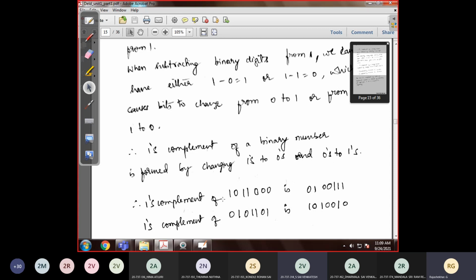As an example, the 1's complement of 1011000: replace 0 with 1 and 1 with 0, and this will be the 1's complement of that. Similarly for this other one, this will be the 1's complement. Please take these two examples. For the binary number system, the 1's complement of 1011000 will be